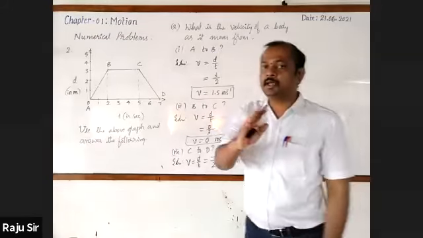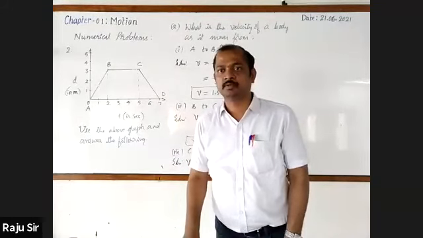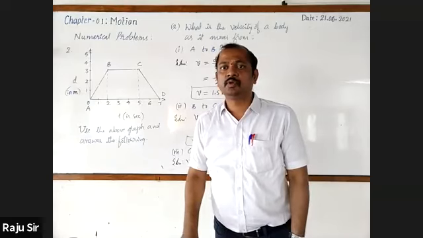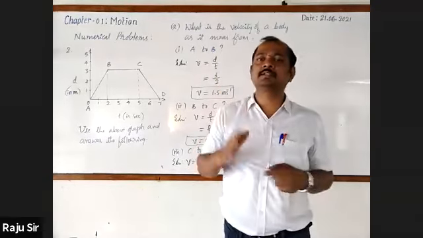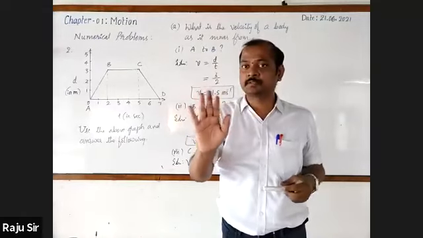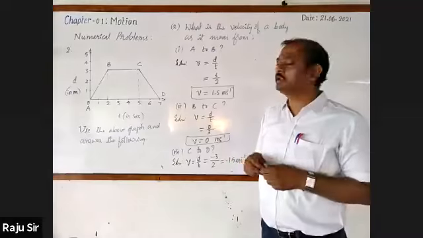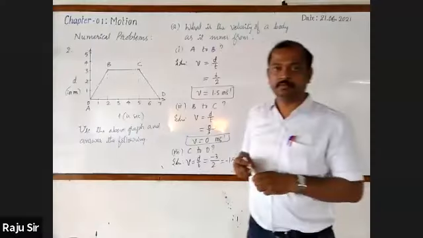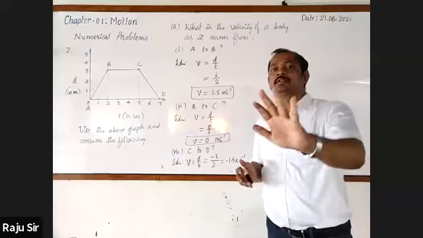Okay. My next question is a very simple question. Could you tell what is the total distance traveled by the body? Total distance, not displacement. Zero, sir. 20 meter. 40 meters, sir. On what basis are you telling? I don't know. My question is, what is the total distance traveled by the body? 15 meter. 6 meters. Sir, 0, sir.